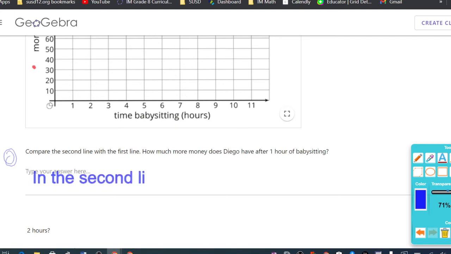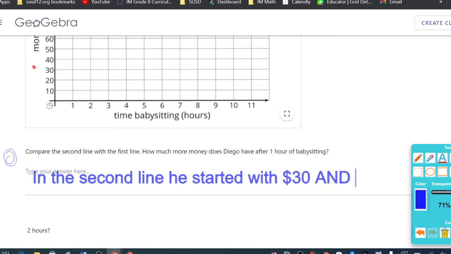In the second line, he started with $30, and after working 1 hour, he has